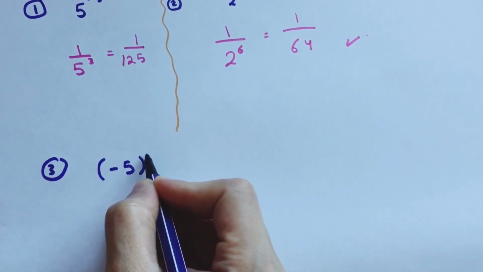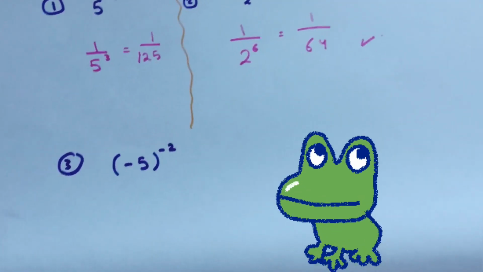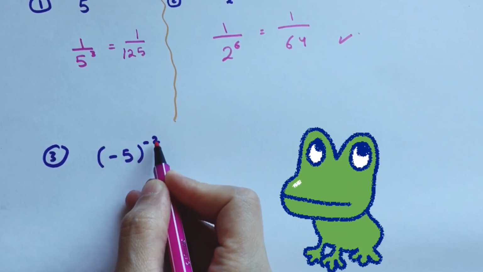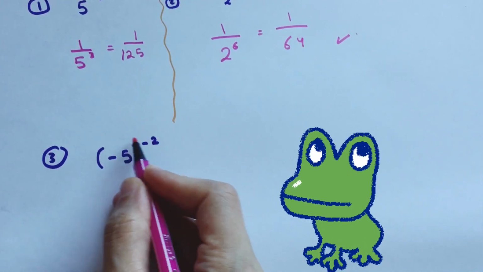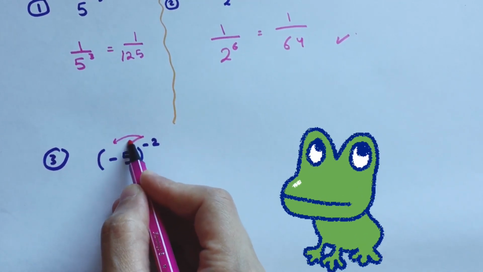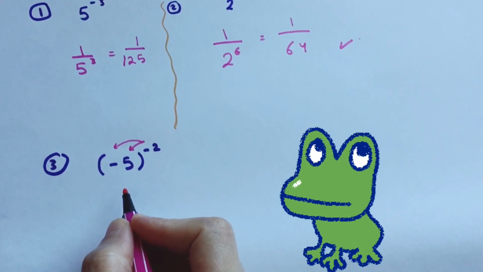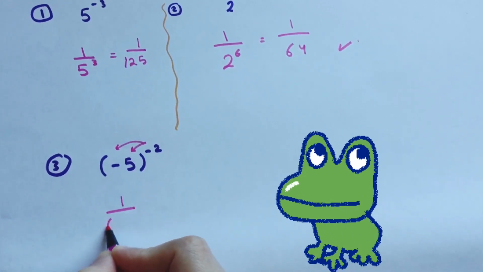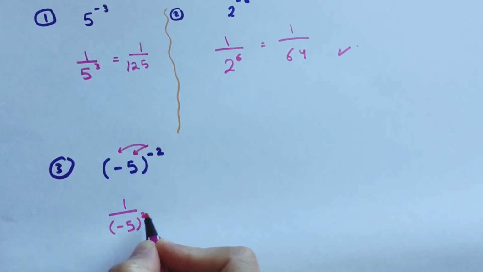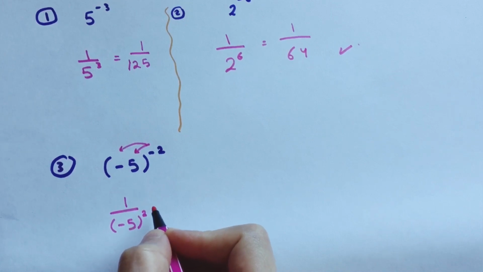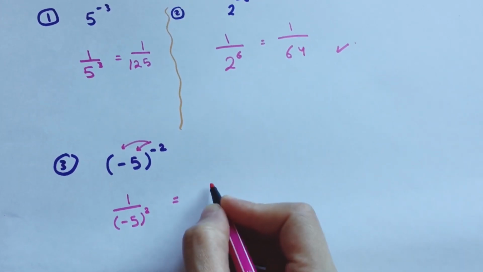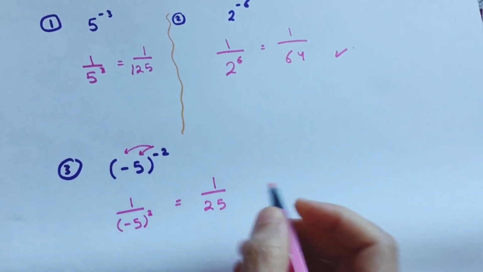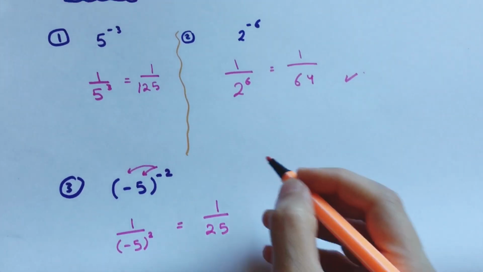Negative 5 to the power of negative 2. Here, why did I put a bracket? I put a bracket because the negative 2, the exponent, is not only for the 5, it's for the 5 and for the negative. So I'm going to take down the negative 5, not only the 5. So it will be negative 5 to the power of 2. See, whenever you take it down, you have to remove the negative from the exponent. So 1 over negative 5 times negative 5, it will be 25. That's it. Let's see another question,